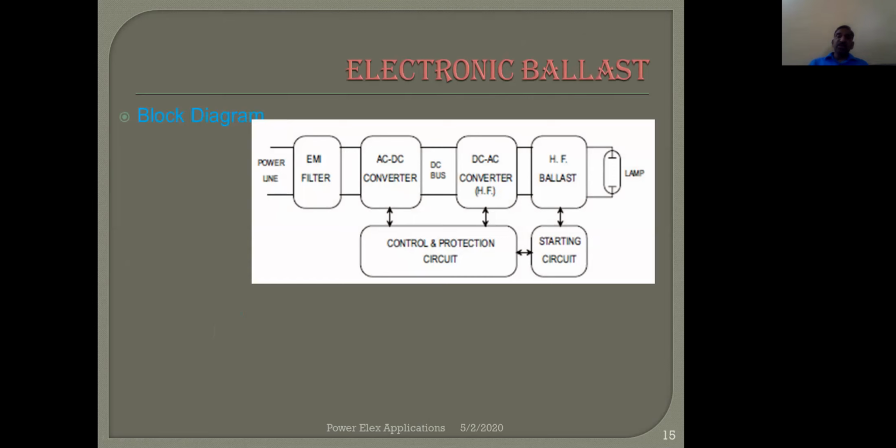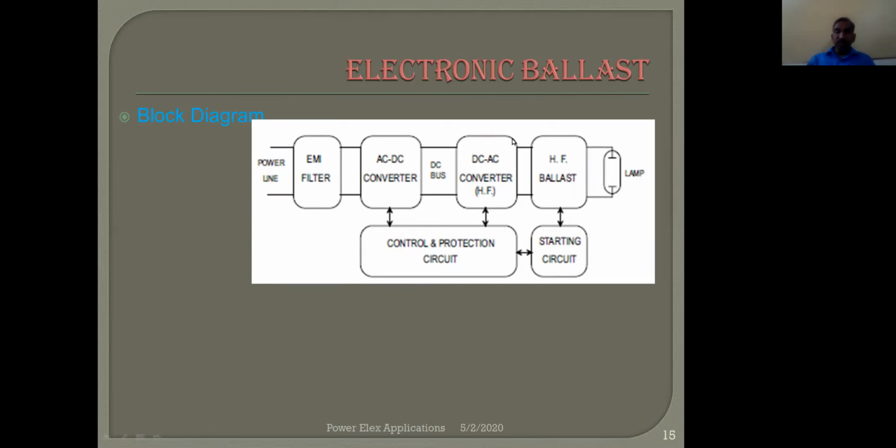Then what is the ballast? This is the power line. The first part in the ballast is the electromagnetic interference filter, means it avoids the EMI, reducing EMI content, maybe radiated or conducted EMI from the power line. Then it converts this AC to DC using a controlled rectifier. This DC bus is again connected to an inverter to convert it to high frequency. Means what we did till this point,